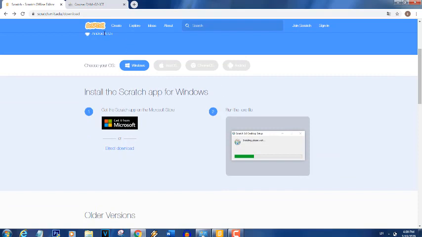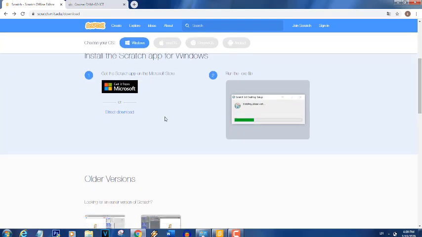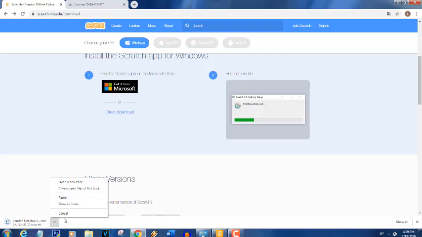Here, you can download Scratch for many operating systems, like Mac, like Android. I will choose Windows here, and then I will click here to download directly to your computer. It will be loading here. It will take about 24 or 22 minutes. I will give you 30 minutes to download. So I will cancel the download now